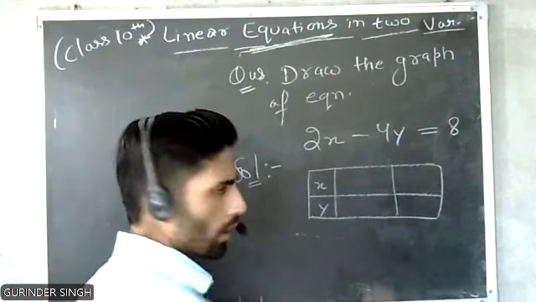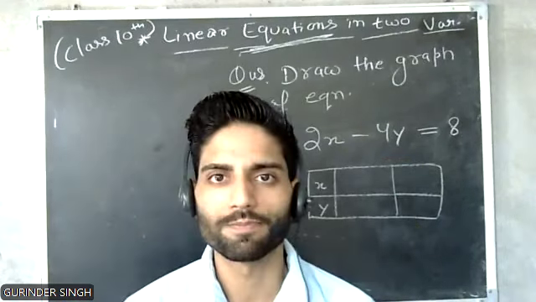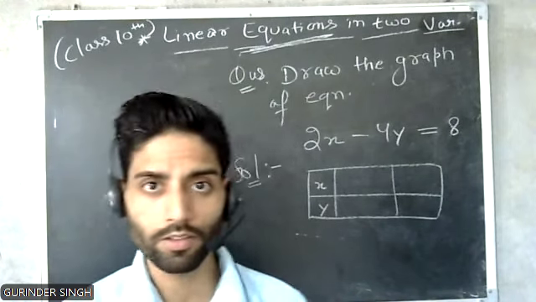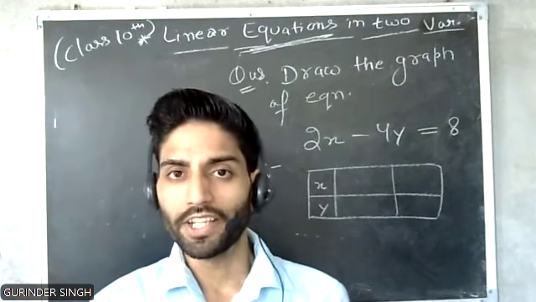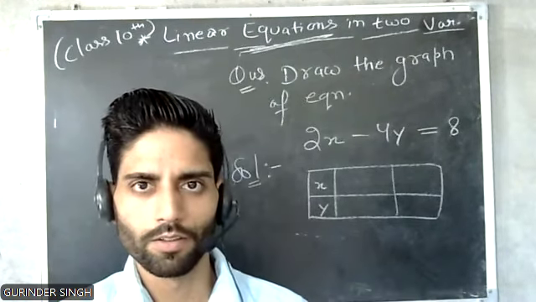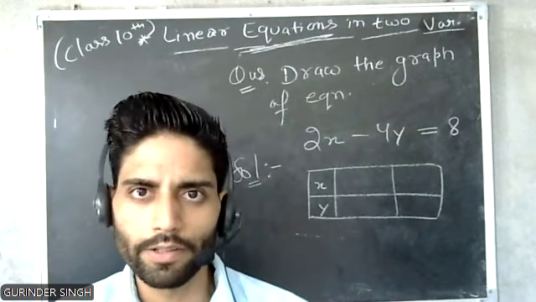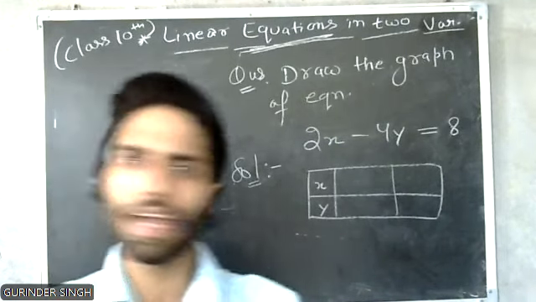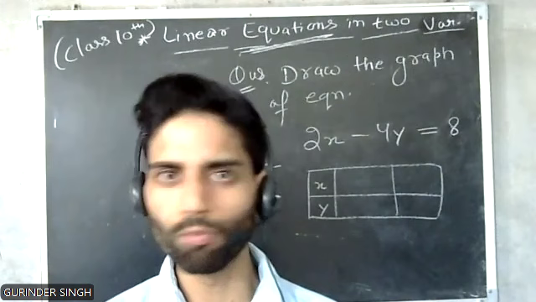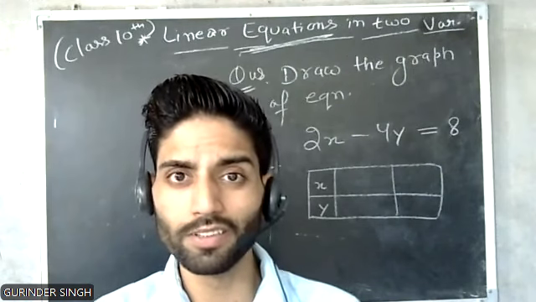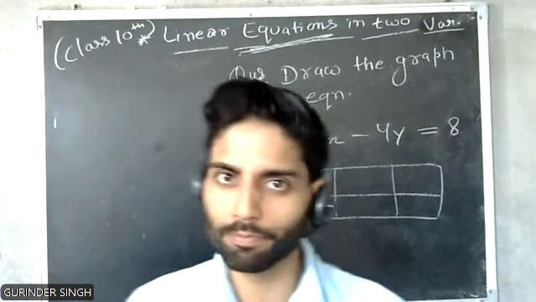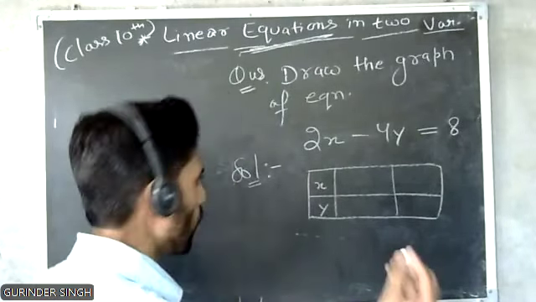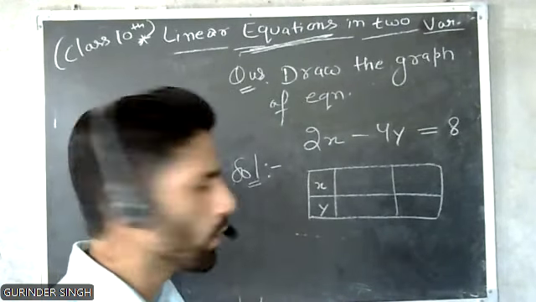So, okay, make it easy points. You can take 0, 1, minus 1. These are easy points, right? If you take 200, okay, then also fine, but the calculation will be tougher, right? So make it easy. You can take any 2 points. Why take such big points so that your calculation will be messed up? So make your life easy, right? So I'm taking very easy points. I don't want to do any